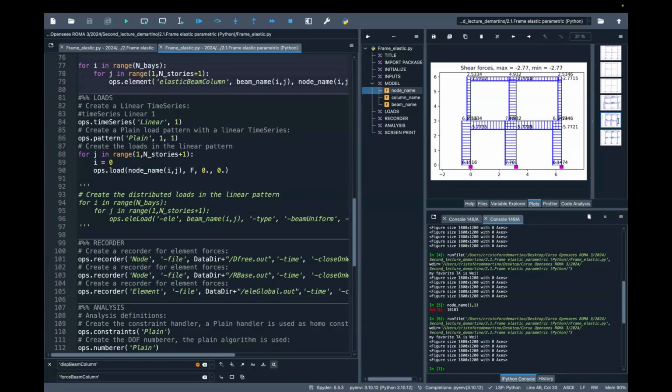Remember, equilibrium is always something we should respect. We don't know why. Maybe it's something from God, but we have to respect the equilibrium. Anyway, I will show you that if you uncomment this part here,